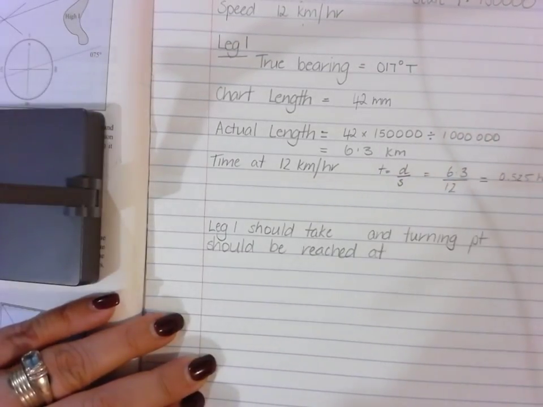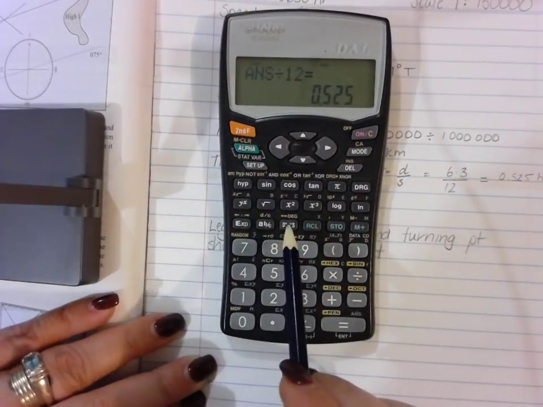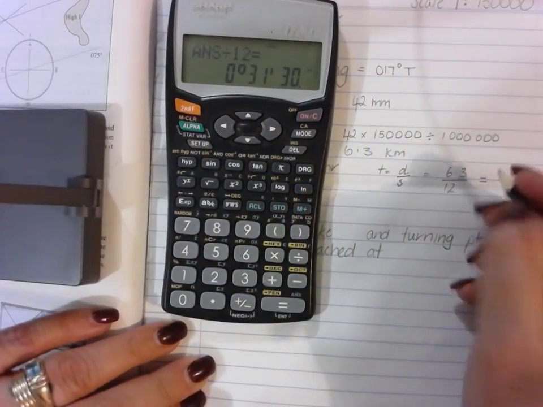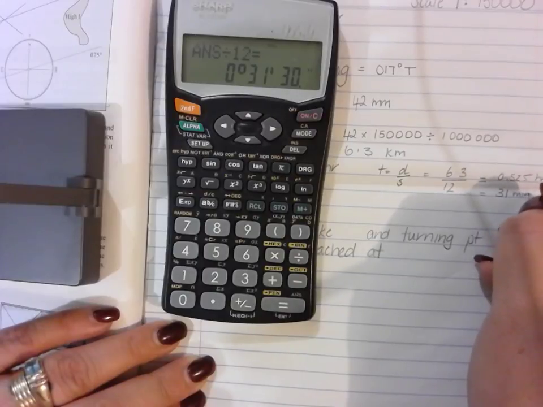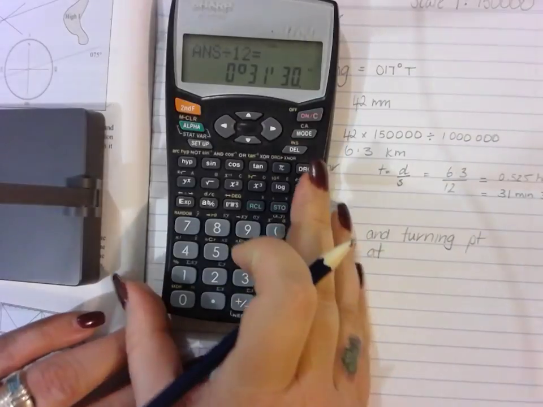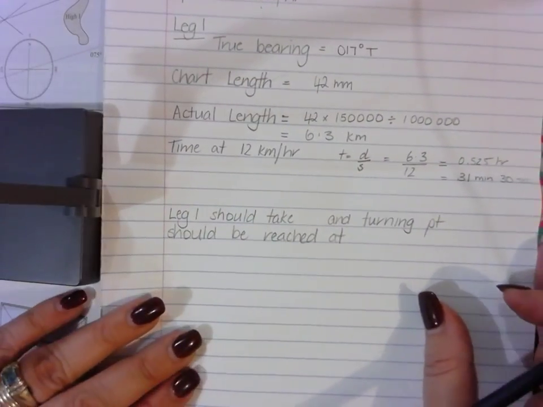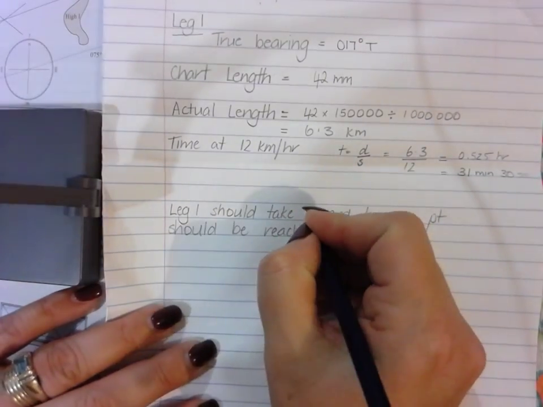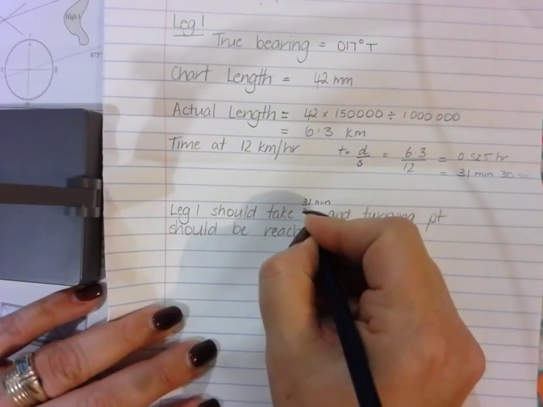And if we want to be clever, we can use our degrees, minutes, seconds to change that into minutes and seconds. So that's 31 minutes, 30 seconds. So leg 1 should take 31 minutes and 30 seconds,